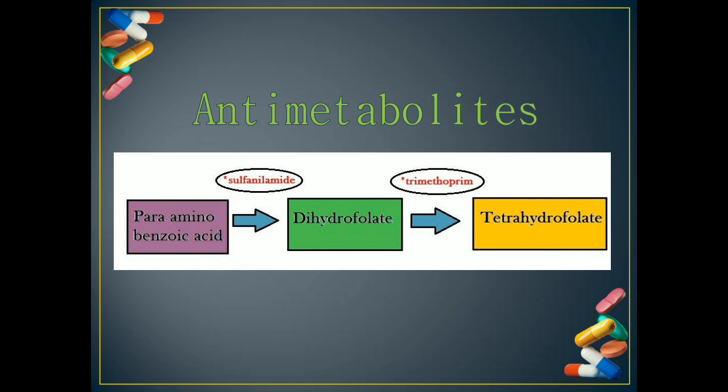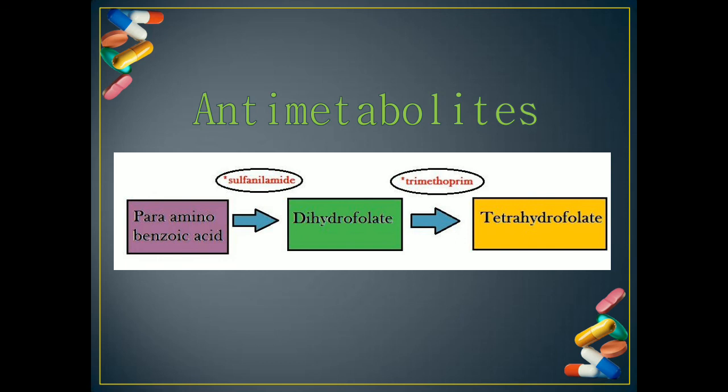A very classical example of this is the sulfa drug, or sulfanilamide. The antibiotic has been shown in the oval shaped structure. Sulfanilamide, and even the other sulfa drugs, inhibit folic acid synthesis. Folic acid is an important compound that is required by the bacteria. This folic acid synthesis occurs with the substrate para-aminobenzoic acid, or PABA, which is involved in the synthesis of dihydrofolate. It is one of the steps in folic acid synthesis.